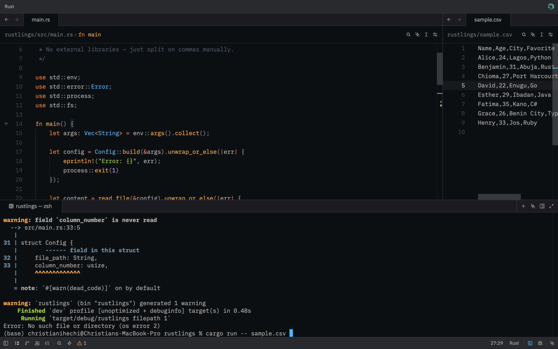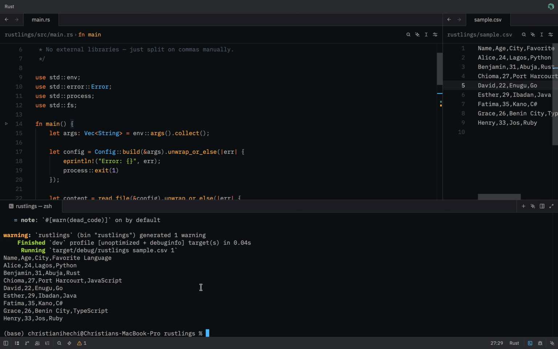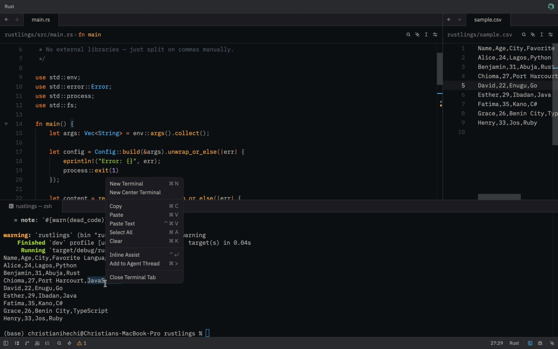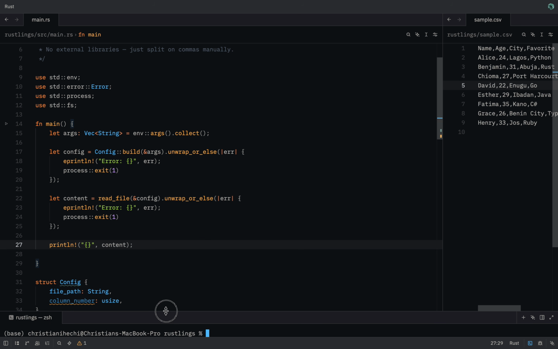The column number should be 1. Okay. As you can see, we have the string read out exactly as it is. Okay, so this is now settled. If there's an error, it's going to return the error. Okay,